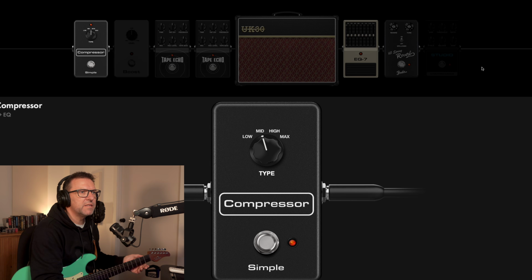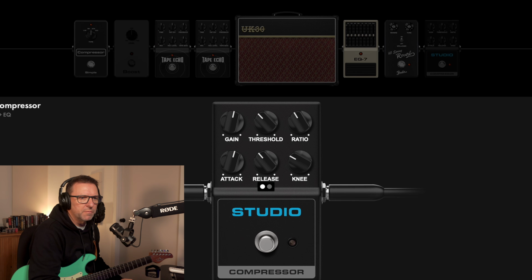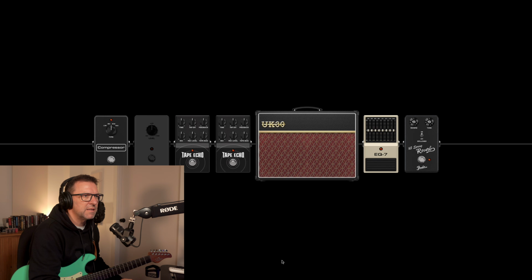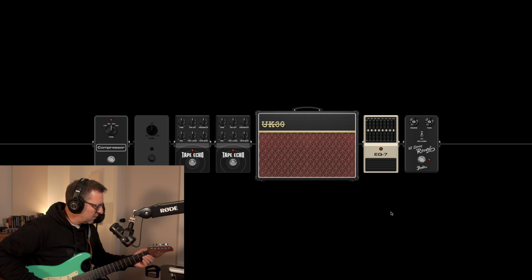Yeah, I'm going to use that instead. That's a lot simpler to set up than this one, and it does exactly what I need it to. It's just lift that volume a little bit for all of the notes.